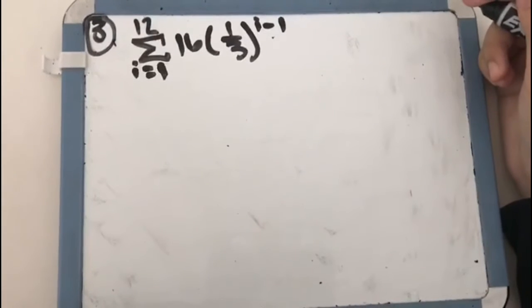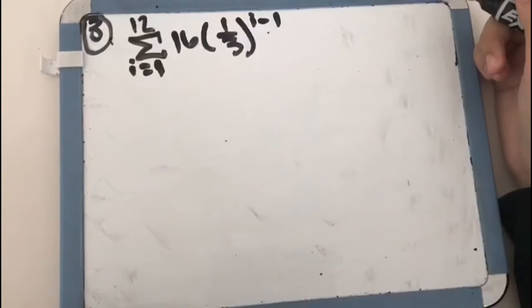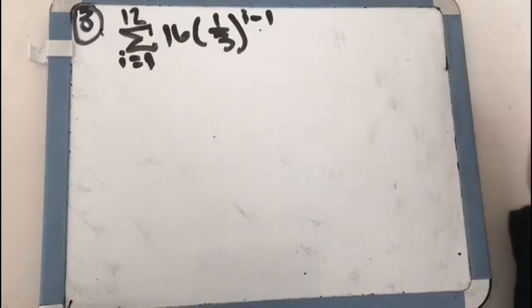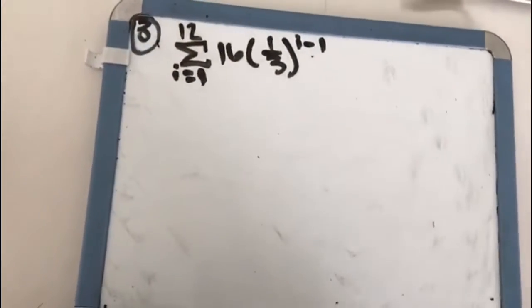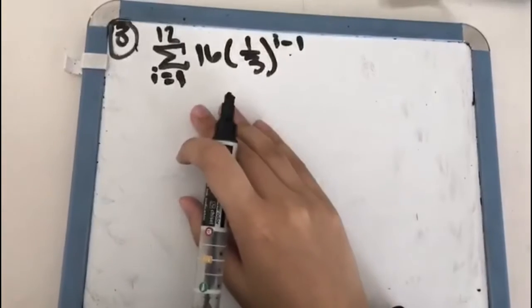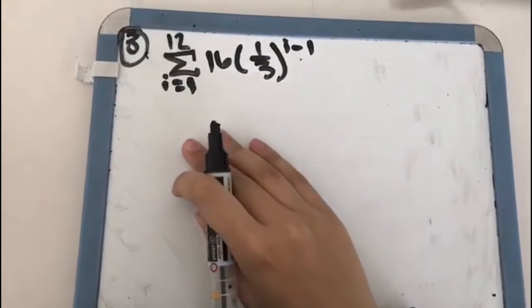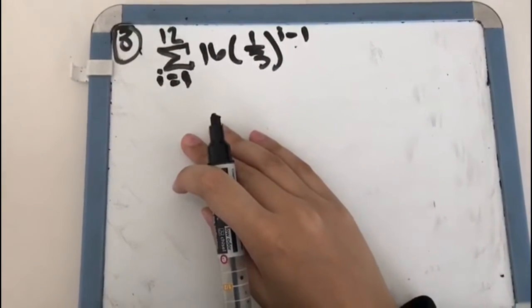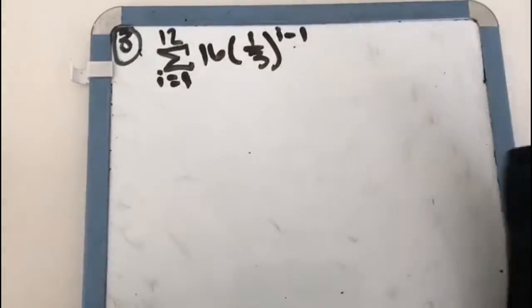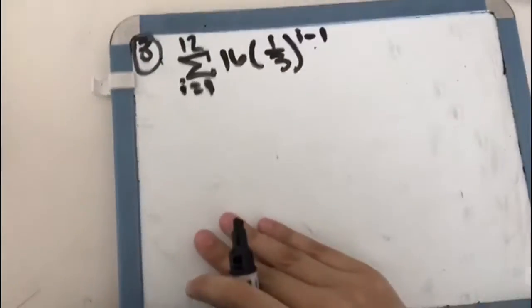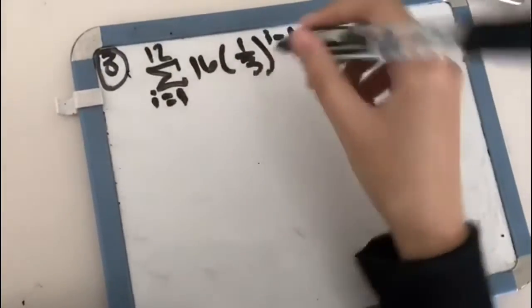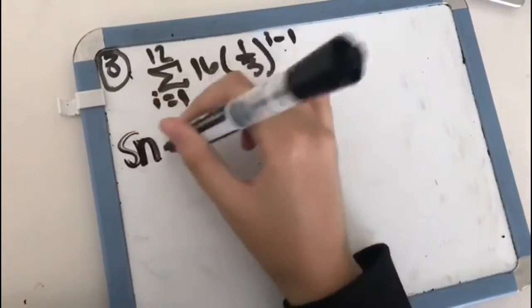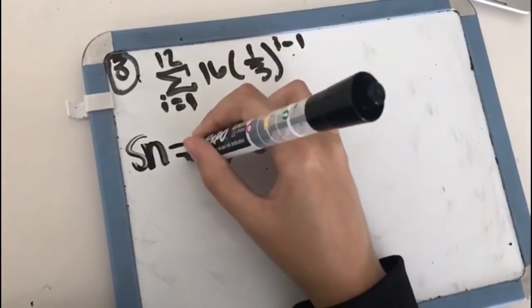Okay, so this problem involves the summation notation, and in this problem I talked about the formula that we're going to be using for the summation notation in this topic, the geometric series. It is kind of complex at the ending part, but you will see how it goes step by step when I show you. So the formula we're going to be using in this problem, as I previously talked about, is